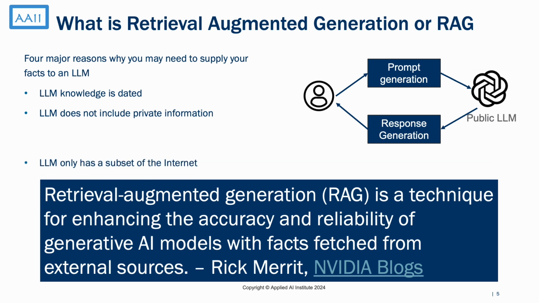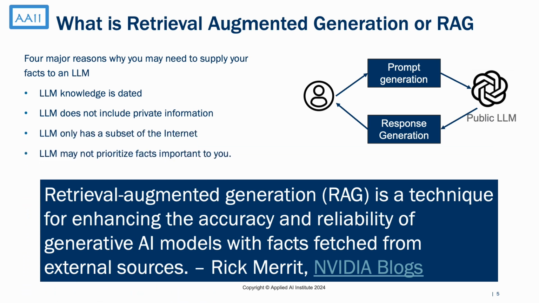The necessity for RAG arises because the LLM is trained only up to the most recent comprehensive dataset available, which in our case includes public internet data up to Q1 of 2023. It doesn't inherently include private or company specific information and may lack data on recent events or niche topics.